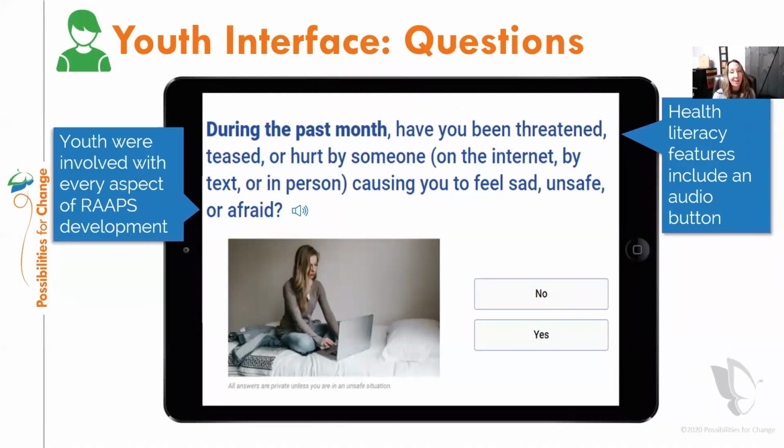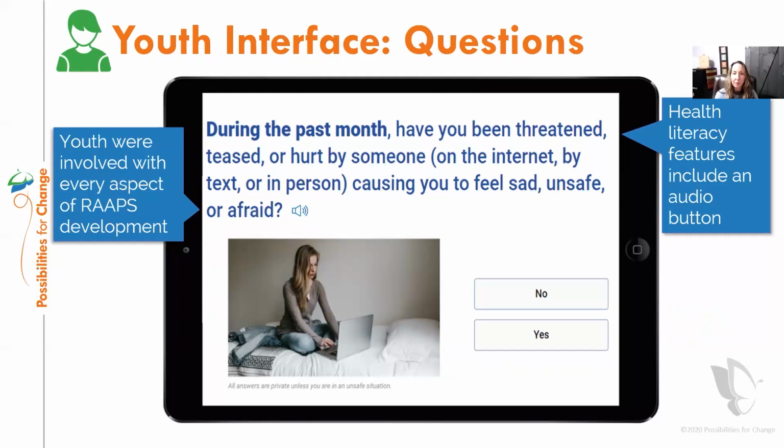It probably looks nothing like what you would expect if you've not seen a tool like this in the past. If you were thinking of technology-based screening, you're probably thinking about a form, maybe in a technology system like an electronic health record, or maybe SurveyMonkey or Qualtrics surveys that you might have completed. So using that concept of digital empathy and youth focus group feedback, we incorporated those design elements.